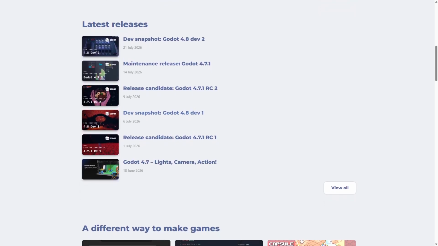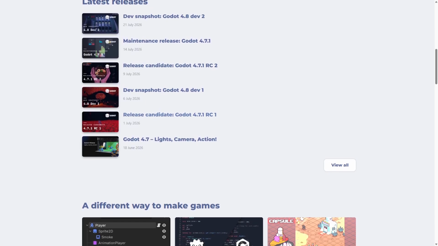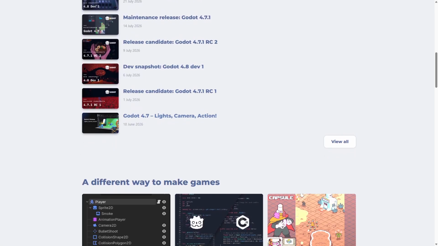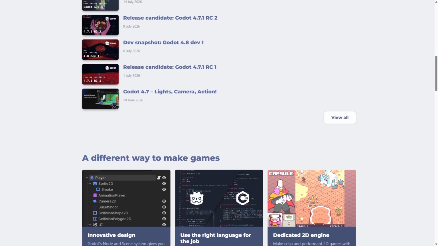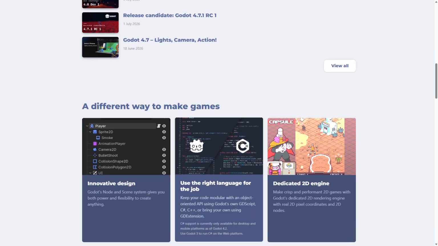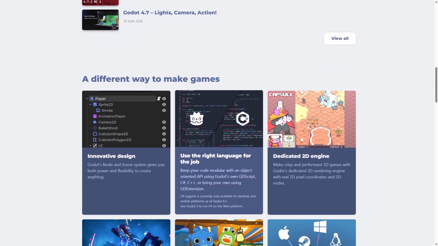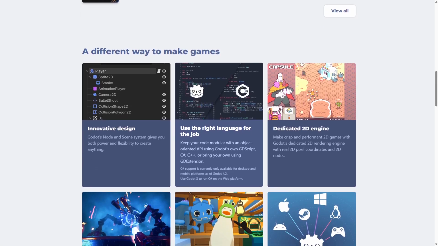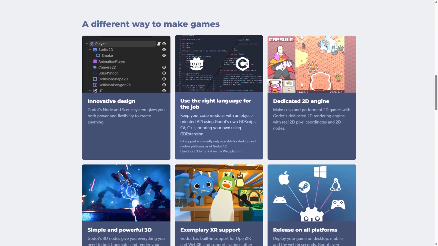teams and hobbyists. However, Godot's 3D capabilities, while improving, are less advanced compared to high-end engines, and it lacks some built-in tools found in commercial engines. Overall, Godot is perfect for developers seeking flexibility, ease of use, and a strong open-source community, especially for 2D games